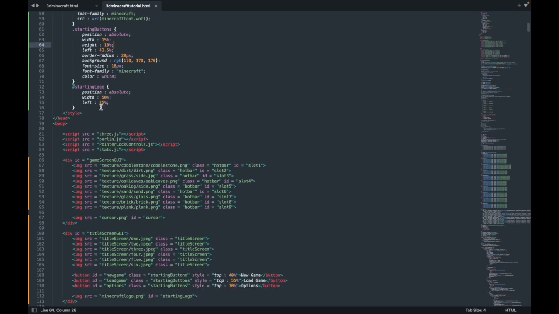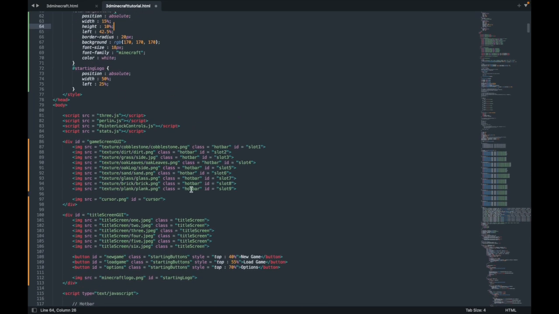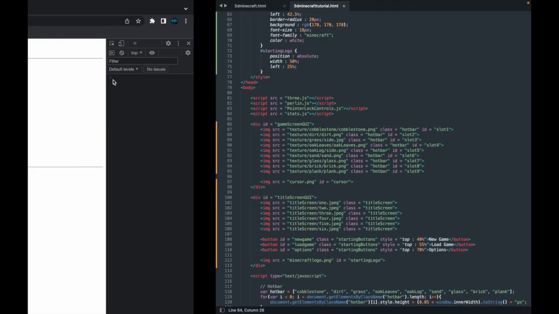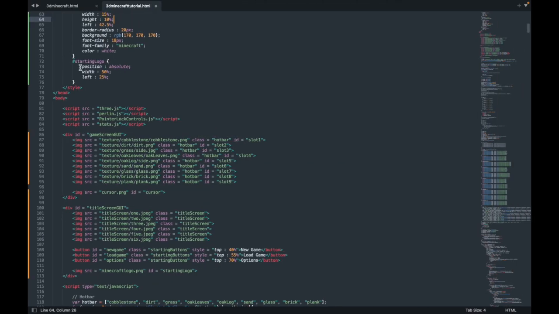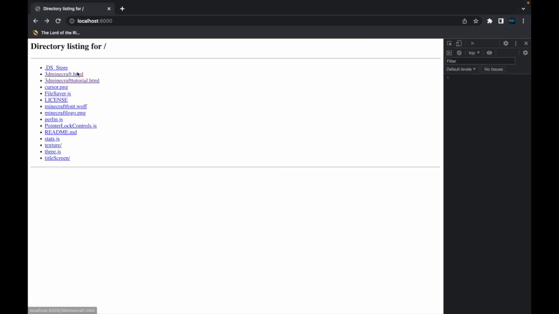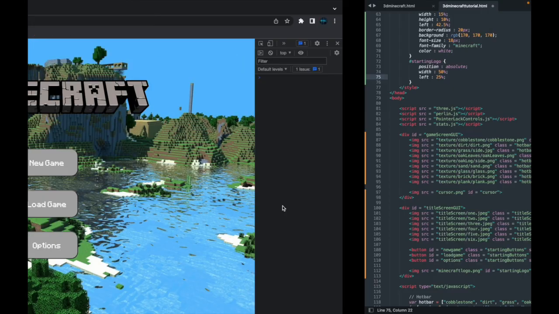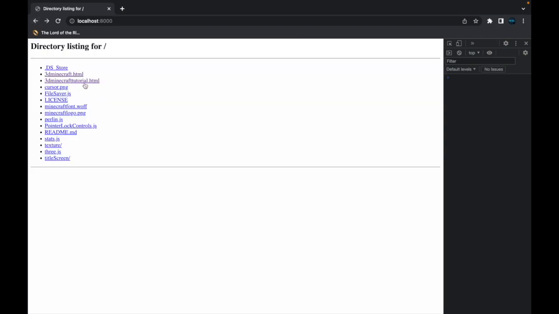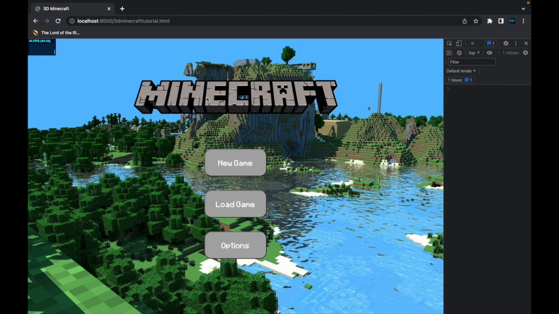So this is actually the last one, starting logo, which, like I told you, is the Minecraft starting logo. That's basically position absolute, width 50%, and left 25%. And once again, if you add 25 to this, which is the width divided by 2, you get 50%, which is right in the middle. So let's save this and refresh this file, and we can see right now,